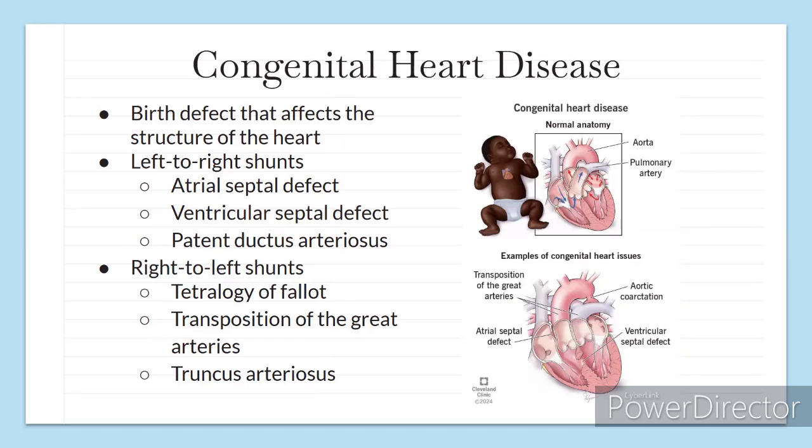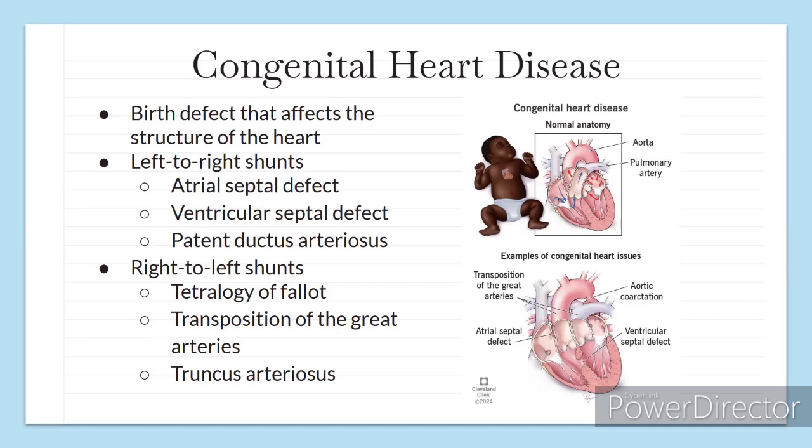In left to right shunts, oxygenated blood from systemic circulation, the left side of the heart, is abnormally directed to the pulmonary circulation, the right side of the heart. So blood is being directed from the left to the right side, which is why it's called left to right shunts. This results in an increased workload on the right side of the heart and the pulmonary vessels. There are three common types of left to right shunts: atrial septal defect, ventricular septal defect, and patent